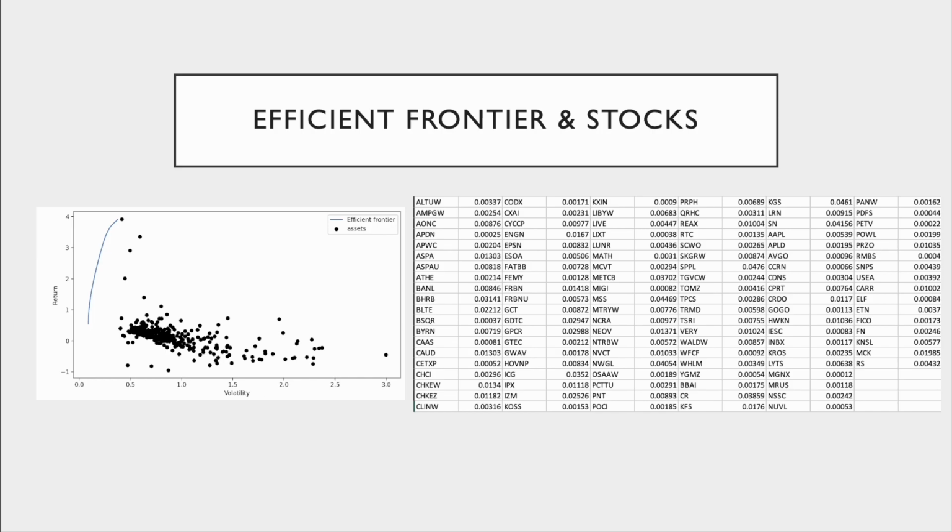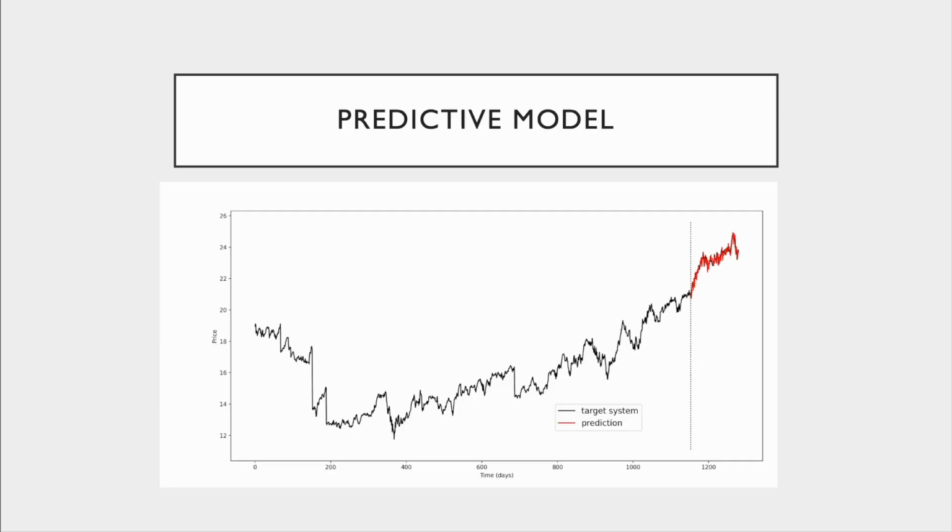This is pretty significant because a Sharpe ratio above 3 is considered excellent for investing, and a 54.3% return with only 9% volatility was significantly better performance than typical portfolios made by hand. Now, with the weights computed, we were able to calculate the value of our portfolio from November 3rd, 2018 to November 3rd, 2023, and here we can see on the graph the target system and our prediction. We used 90% of the data for training, 10% of the data for testing, and our model attempts to predict the values of the portfolio for 10% of the data used for testing, as well as 5 days into the future, or 1 trading week.